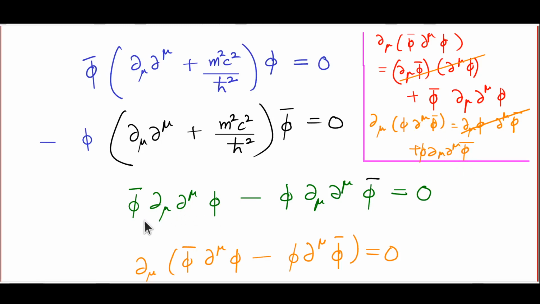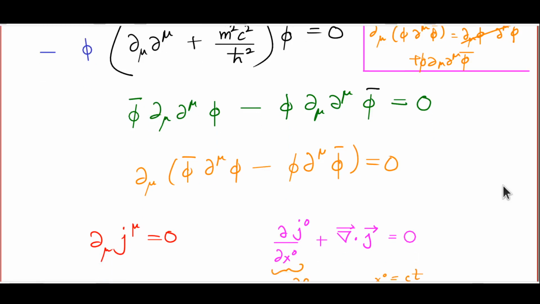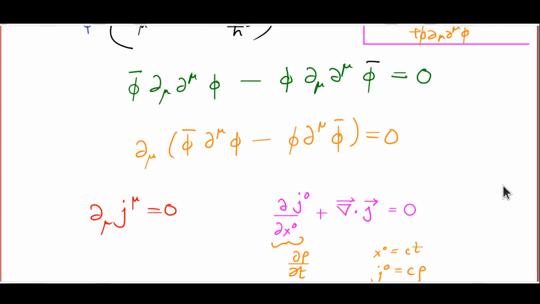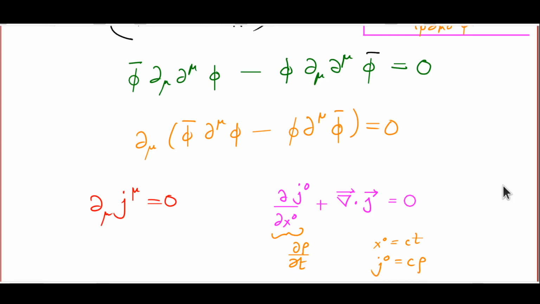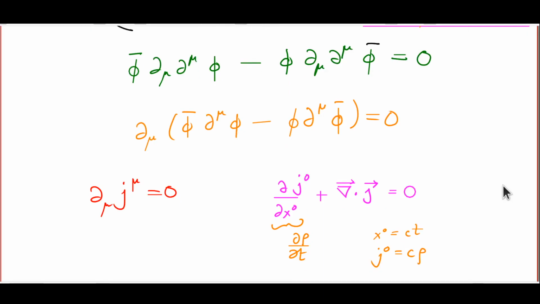So, this calculation does show that what we have ended up with is a 4-divergence, a divergence with respect to del 0, del 1, del 2, del 3 of the quantity phi bar del mu phi minus phi del mu phi bar. So you can write this as del mu j mu equals 0. And just to remind you, del mu j mu is nothing but del j0 by del x0, that's del 0 of j0, plus del i of ji, and del i ji is nothing but the divergence of j. So this equation really translates to del rho by del t plus divergence of j, our familiar continuity equation, provided we